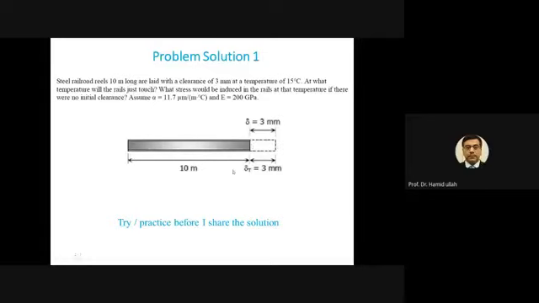Imagine you want to increase the temperature of this, and because of the temperature increase, for sure it will start expanding until it reaches this point, where it has covered the clearance. Now at this point it is touching the second part. To do this, you have to increase the temperature from the initial temperature of 15 degree to a higher temperature. So what is that temperature that is required?